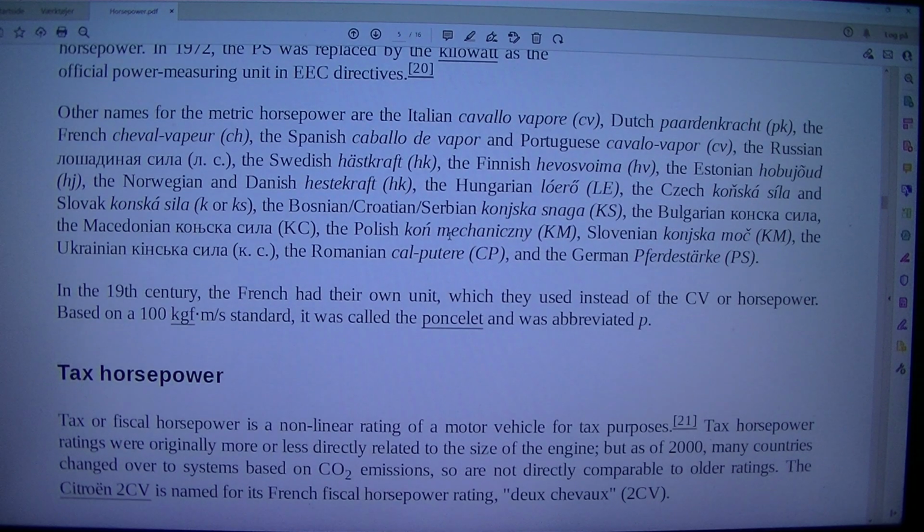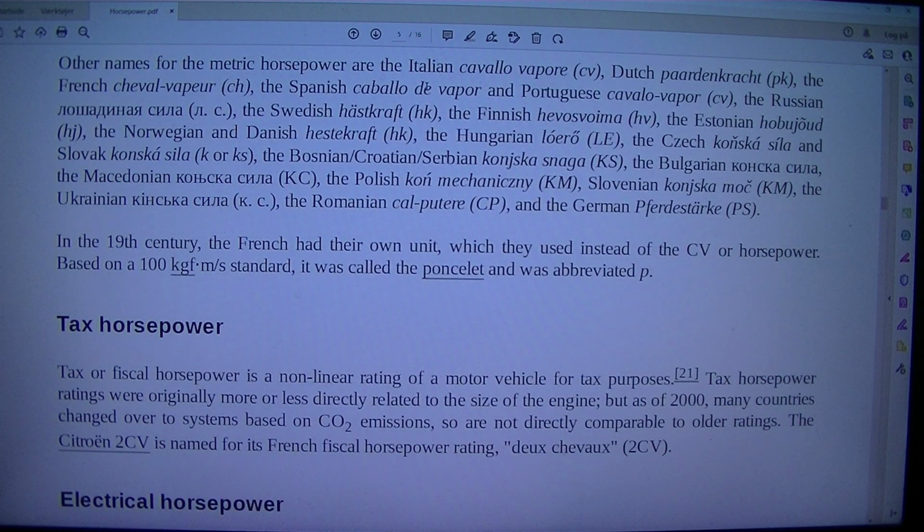Other names for the metric horsepower are the Italian cavallo vapore, CV, Dutch paardenkracht, PK, the French cheval vapeur, CH, the Spanish caballo de vapor and Portuguese cavalo vapor, CV, the Russian, the Swedish hästkraft, HK, the Finnish hevosvoima, HV, the Estonian hobujõud, HJ, the Norwegian and Danish hestekraft, HK, the Hungarian LE, the Czech koňská síla and Slovak konská sila,